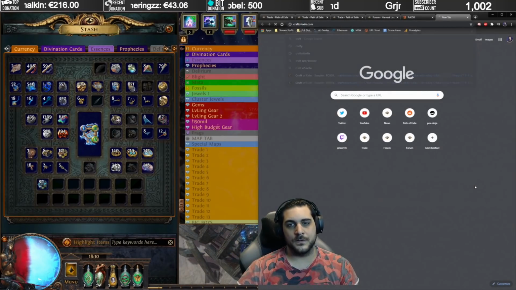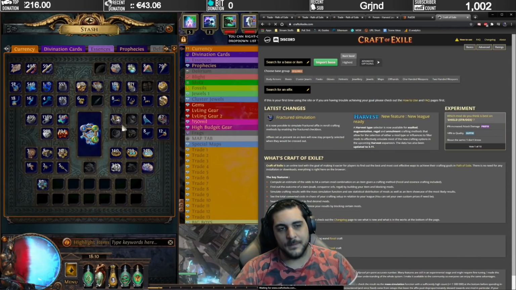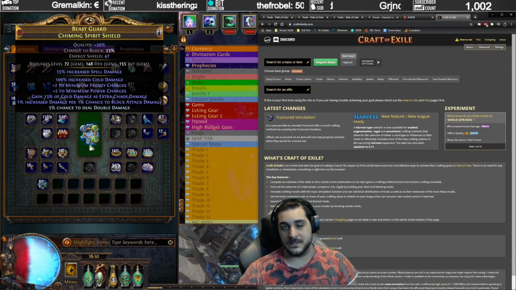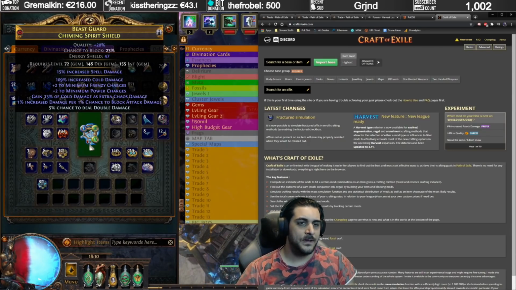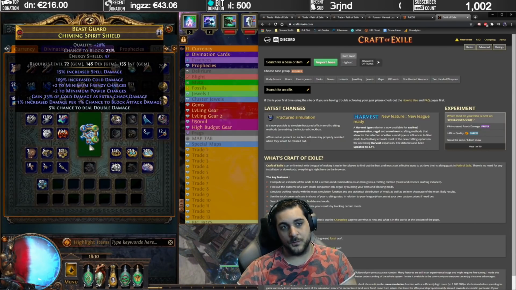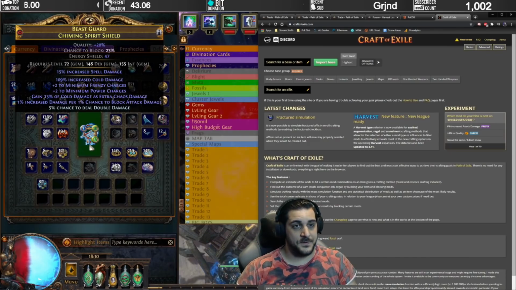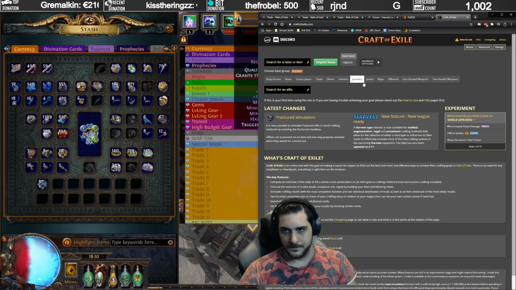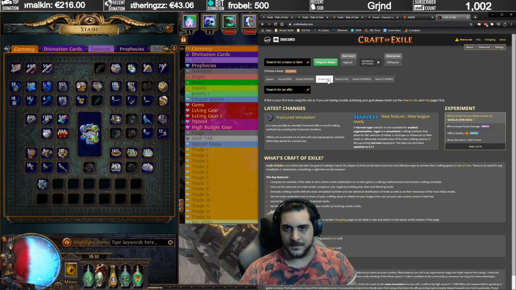And the easiest way to determine how to get to that base, the cheapest route, is to look at Craft of Exile website. Obviously all of these links will be in the descriptions below. My suggestion when crafting a shield like this is to Woke Orb the influences and then scour the shield and then craft it. So if you then look at Craft of Exile and we go to Offhands, Intelligence Shield, and